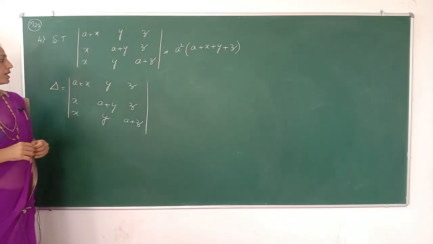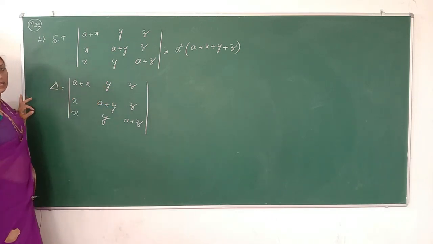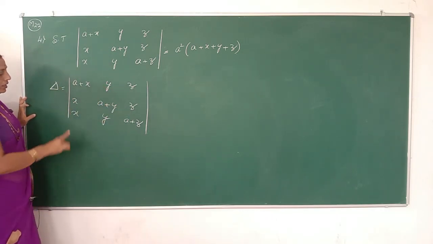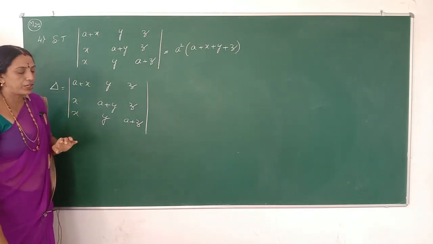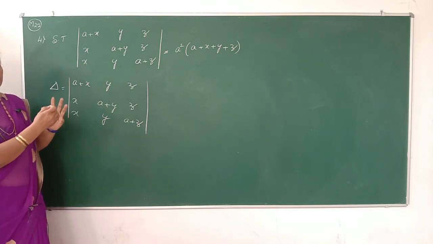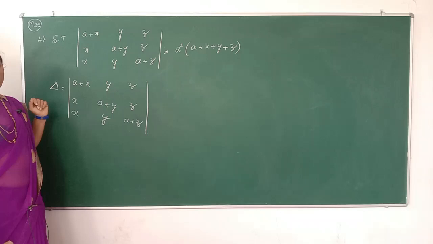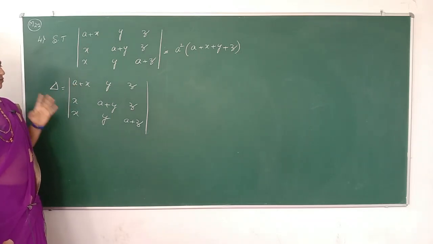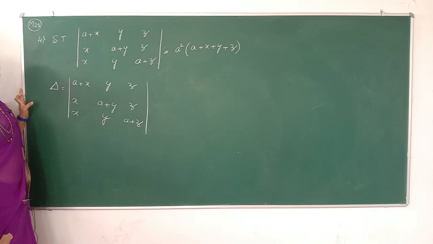But in this problem the elements are not like that; A plus X, Y, Z are all different. So if the elements of any row or column do not contain 1, and the elements do not have a common factor, that is, they are not multiples of any common factor, then we check whether adding or subtracting the corresponding elements of any rows or columns